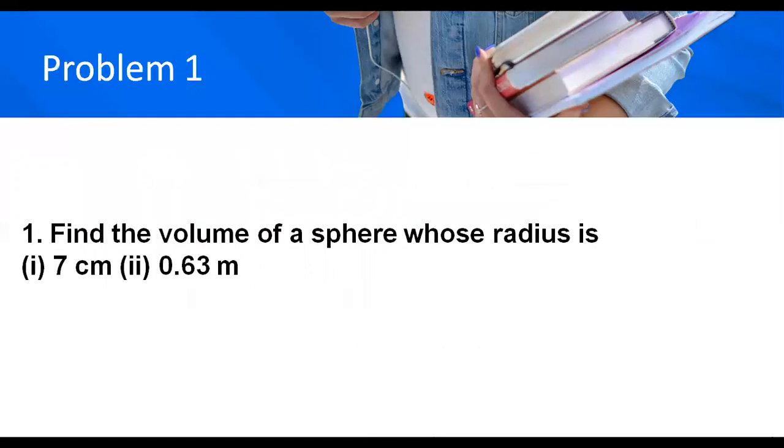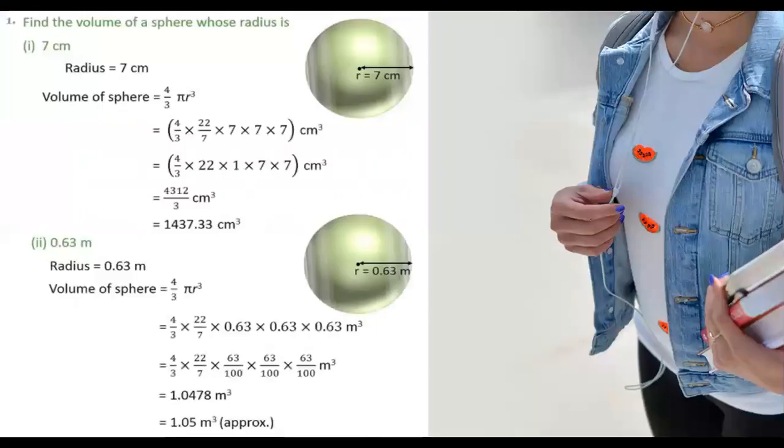First problem. Find the volume of the sphere whose radius is first, 7 centimeters, and second, 0.63 meters. So here we are given the radius of the sphere and we need to find the volume of the sphere. Volume of the sphere is 4/3 pi r cube. Now substituting the value of pi as 22/7 and radius as 7 centimeters, we get